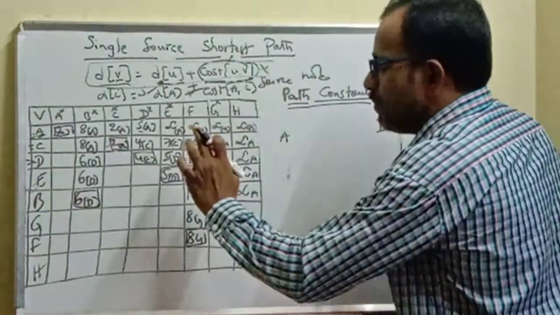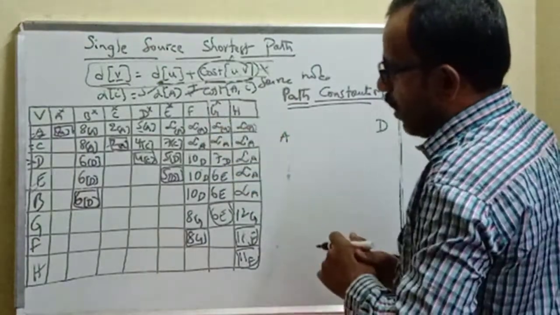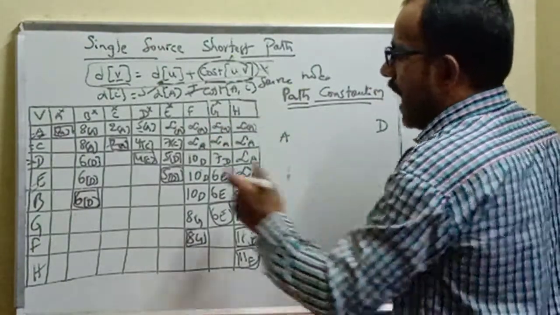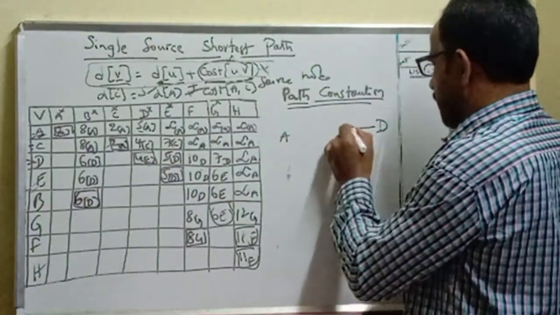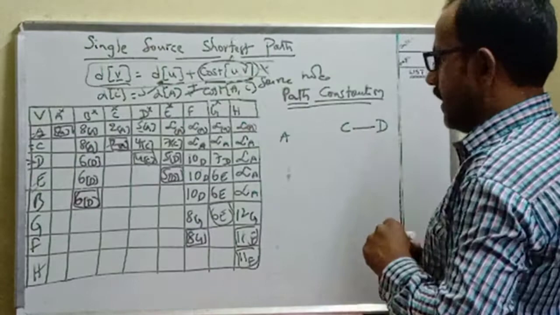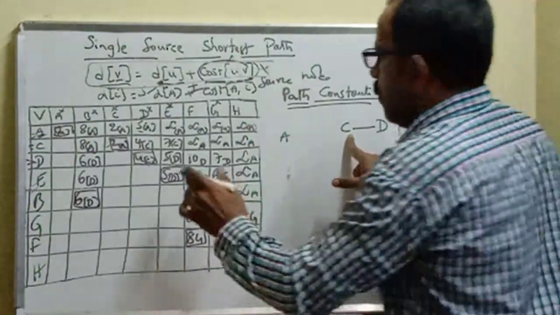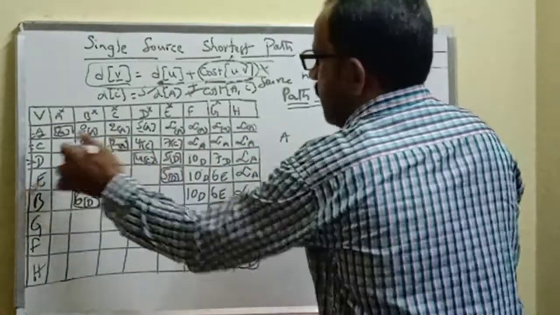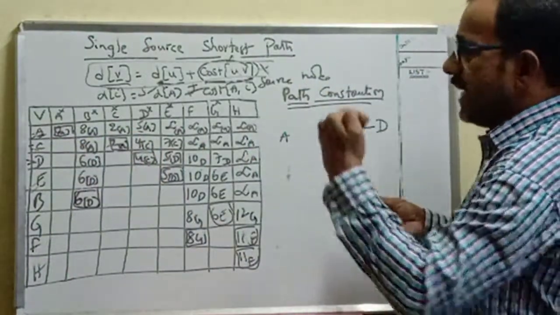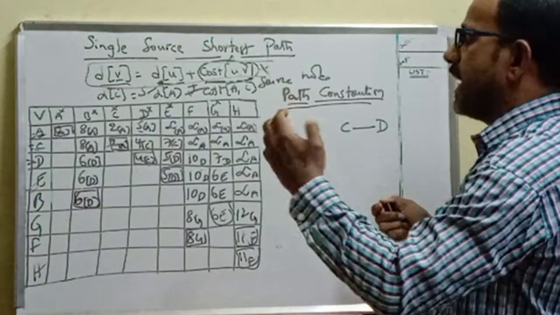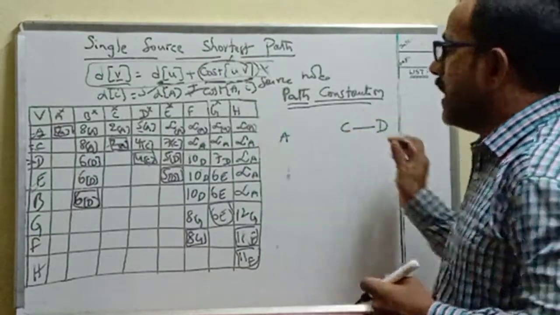Then one number is placed within a box. Then go to that particular number and verify the subscript of that number. What is the subscript? C is the subscript. Then I can say D's previous node is C. Then go to the row which is represented with C. So we can verify like this until reaching the source node. Here we are constructing the path back from the destination.